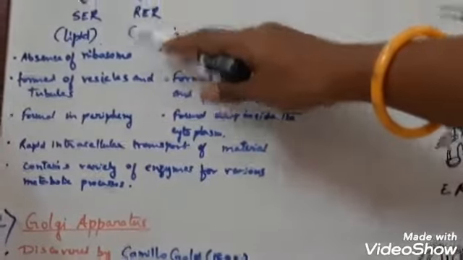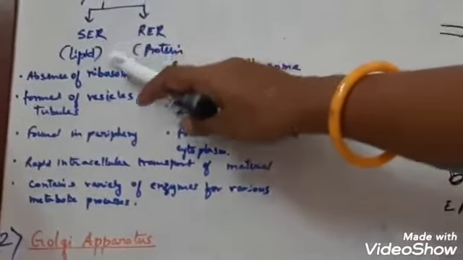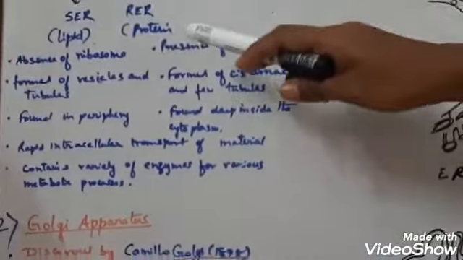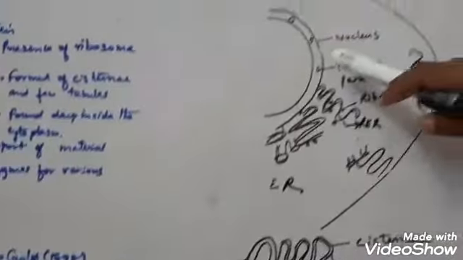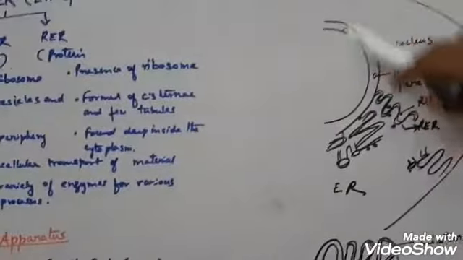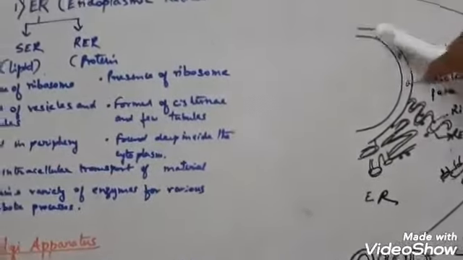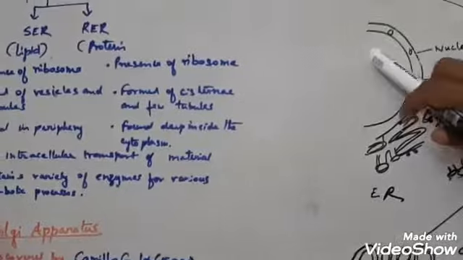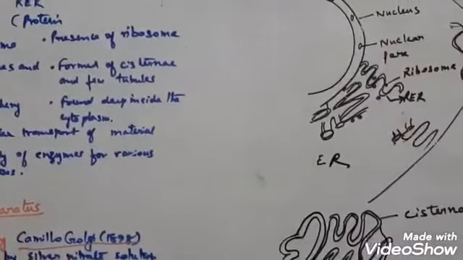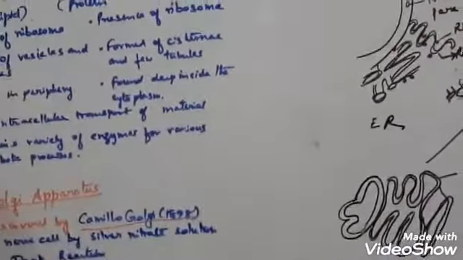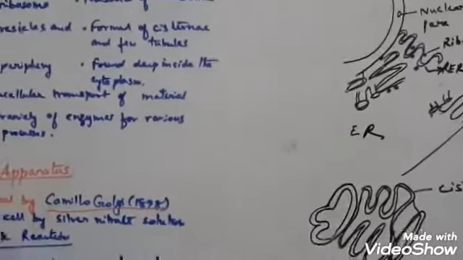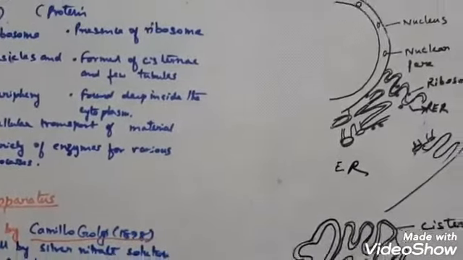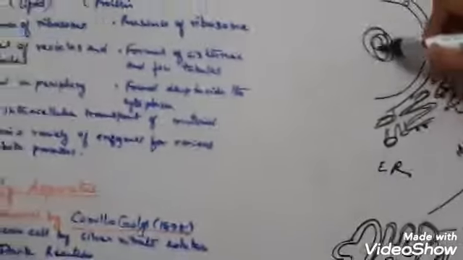Now why and how these ribosomes get adhered on the SER and RER, that I am going to describe to you. You see here I have drawn a nucleus. Suppose this is a cell. This is the nucleus, and these are nuclear pores. Now the nucleolus produces the ribosomes. Suppose this is the nucleolus inside the cell. In the nucleolus the ribosomes are produced. Now these ribosomes, after production